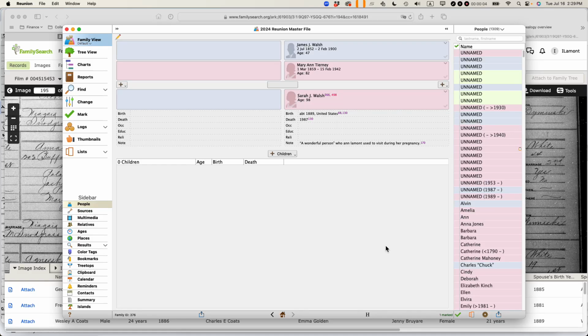Today I'm going to show you the go-to free genealogy record on FamilySearch to determine a female ancestor's husband's name